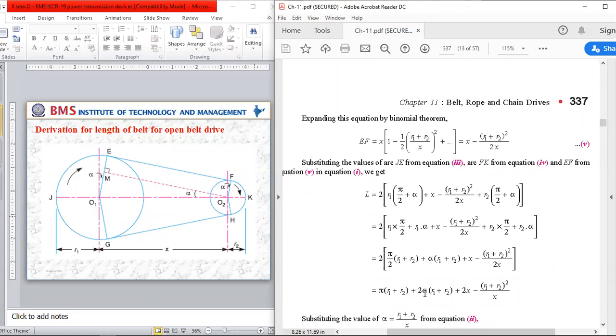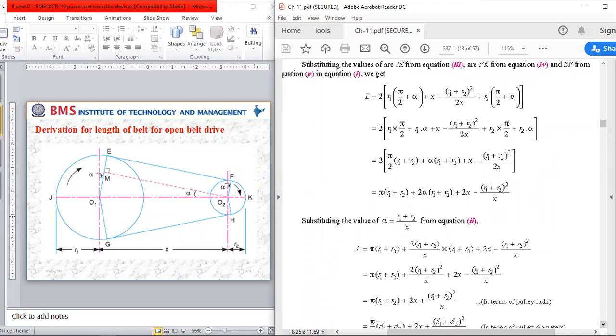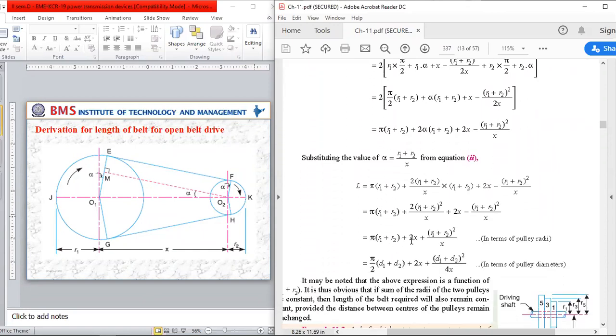Then you simplify this, and you will get the length of the belt in terms of R1 plus R2 and the central distance. That is, what is x here? Central distance means the central distance between the two pulleys, O1O2. X is nothing but O1O2. So if you know R1, R2 and X, then you can easily find out the length of the open belt drive as well as the length of the cross belt drive. Okay, so this is how you can find this out, and small numericals we are going to discuss in the